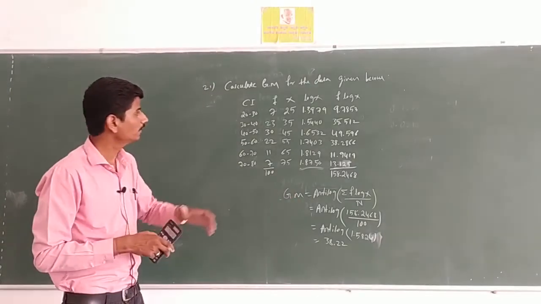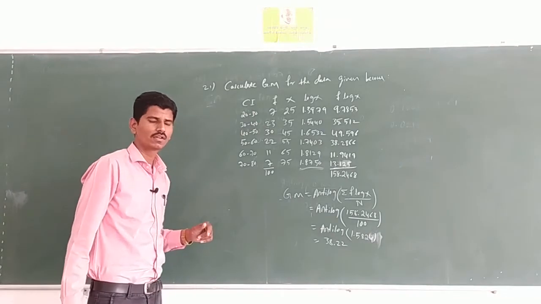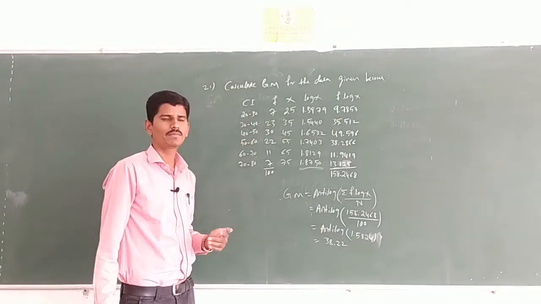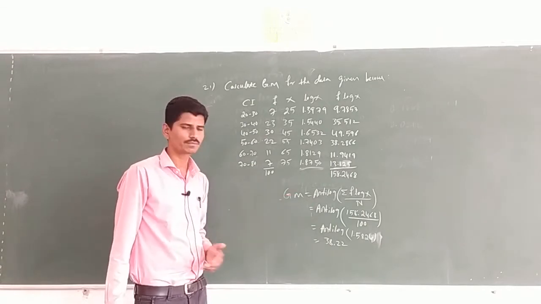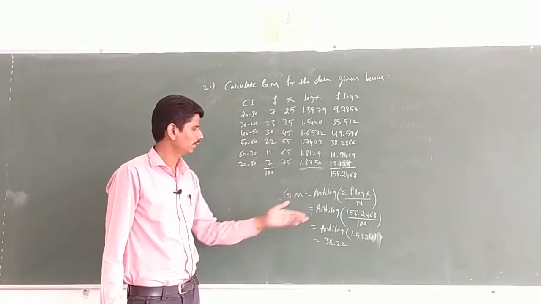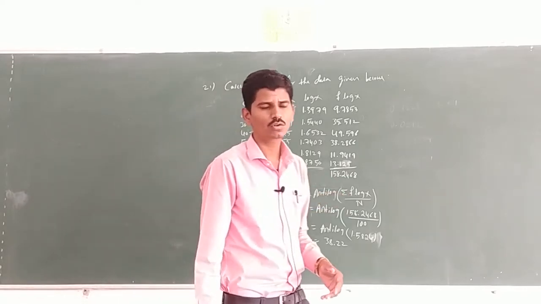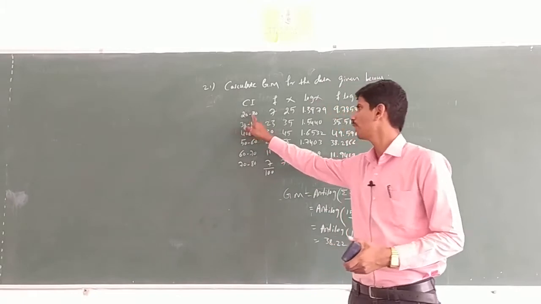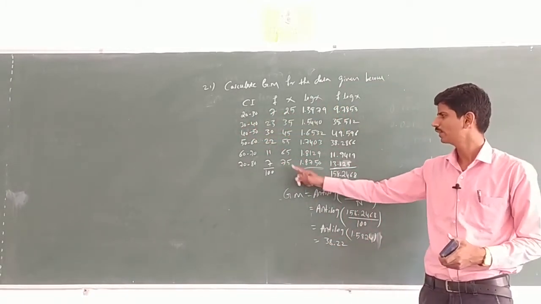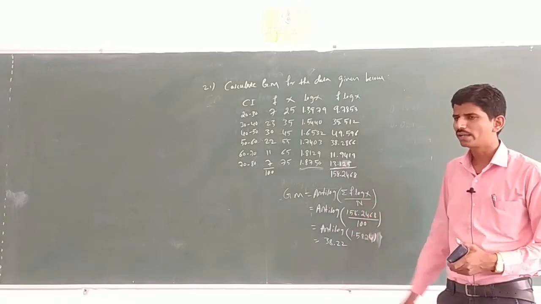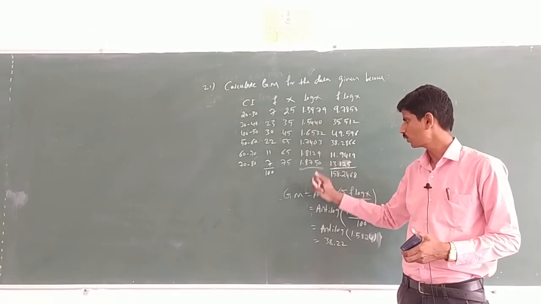See here once again, they are given class intervals with respect to frequencies. Then the data are of continuous type. Then apply GM equal to antilog of sum of f log x by capital N. Then you want the x value. What is x here? X is the class mid value. How to calculate x? For 20 to 30 the mid value is 25, and so on, up to the last class 70 to 80, whose mid value is 75. Then we want log x. Log 25 is 1.3979, and so on, up to log 75 is 1.8750.